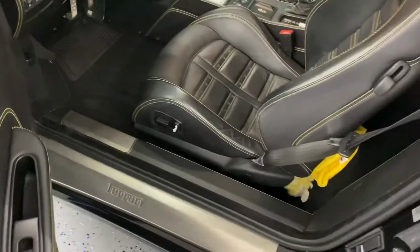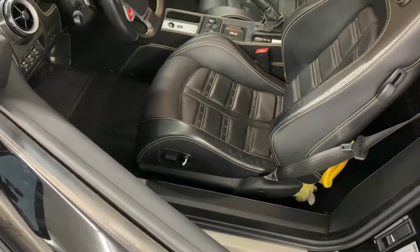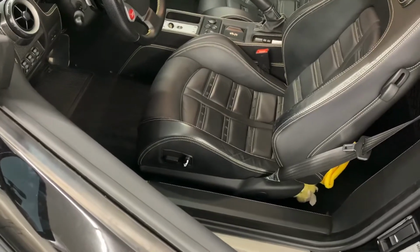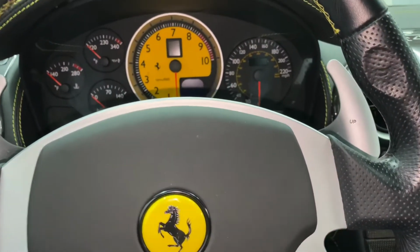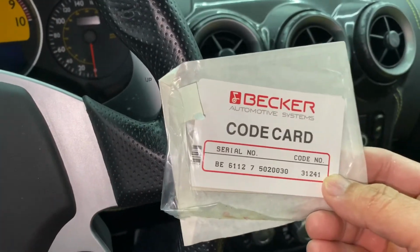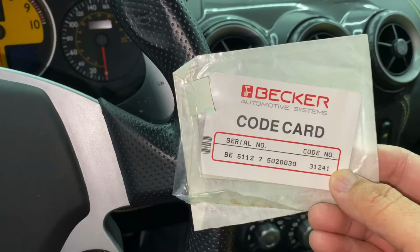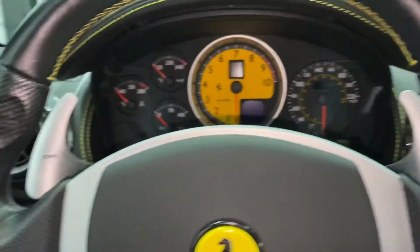So let's go get the card. Let me go get the books and we'll pull out the key card. All right, so we're in the car now and we have our code card. I keep calling it key card. I don't know why I do that. So anyway, we have that, but the first thing we want to do is I want to check this door,